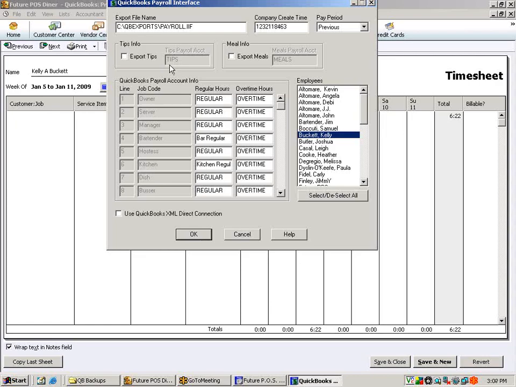All right, now backtracking just a bit. So we did our interface. The interface worked just fine. As I mentioned previously, the tips info to export currently does not work the way that it needs to work. It works, just not the way it needs to. What we're currently doing is if you export your tip information, it is going to export their tips declared as a timer activity, meaning that if as a server for the 2-week period, maybe I claimed a total of $500